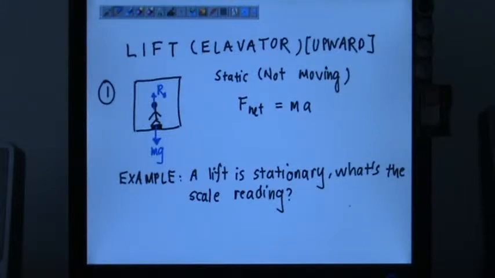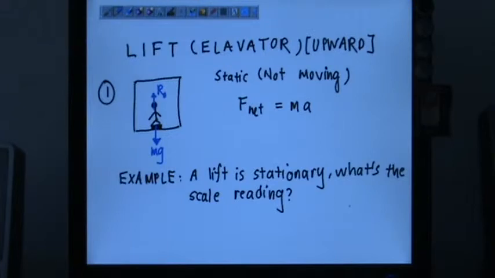Have you ever had the experience of standing in the lift and the lift actually goes up, and you realize that you have the sensation of being heavier, and at other times you feel lighter? This actually depends on the motion of the lift itself. While you are standing on a scale, and both scale and you are inside the elevator,